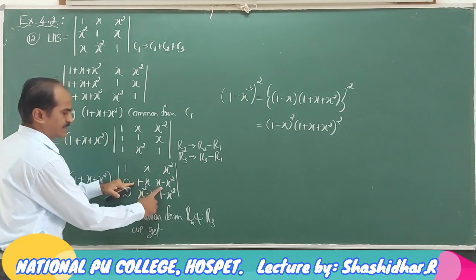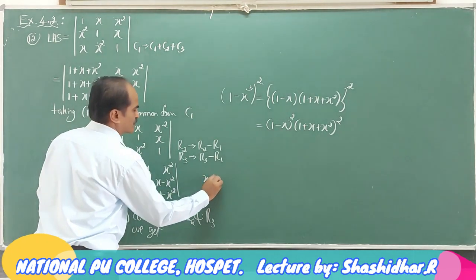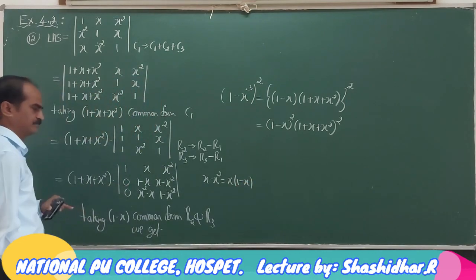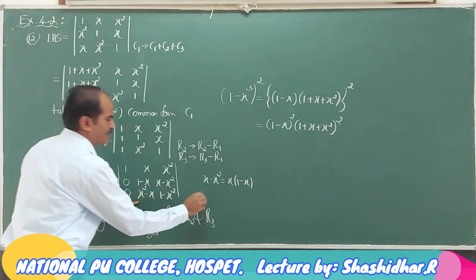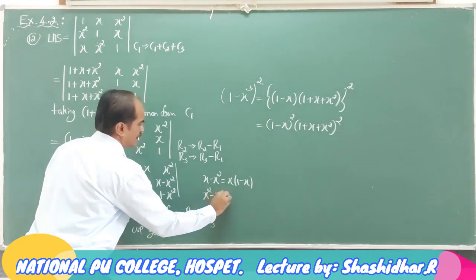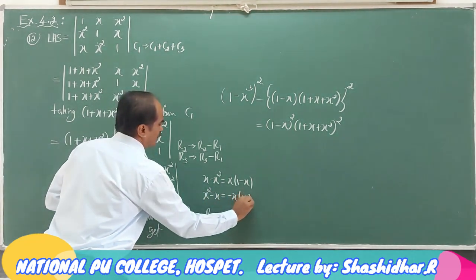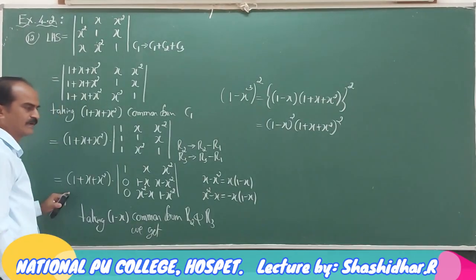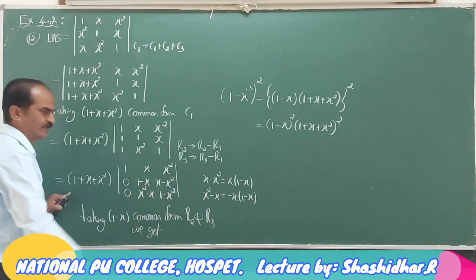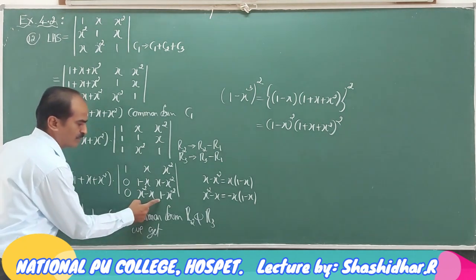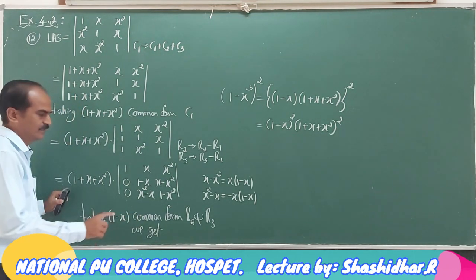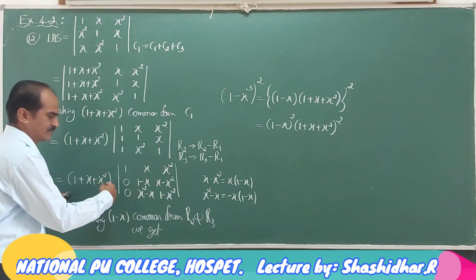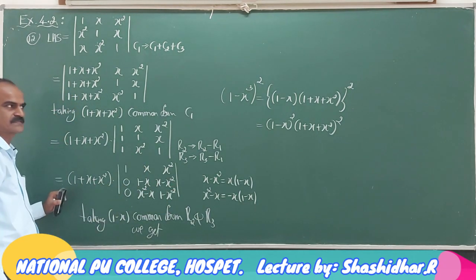Here 1 minus x minus x square means what? It is x into 1 minus x. Here x square minus x is there. It is minus x times of 1 minus x. By taking minus x common, you will end with 1 minus x. In this way, these two will be containing 1 minus x. What about 1 minus x square? As usual, 1 minus x into 1 plus x. So, in the second row 1 minus x factor, in the third row also 1 minus x factor.